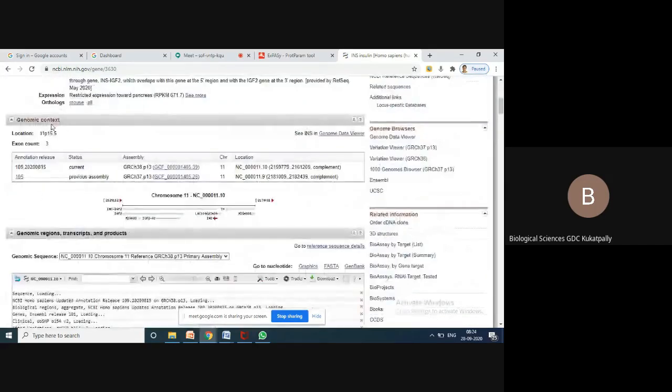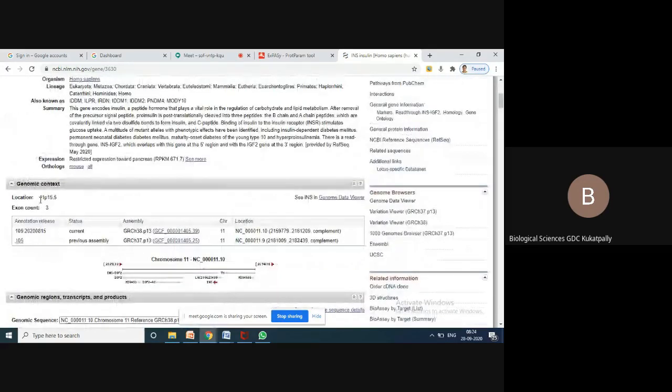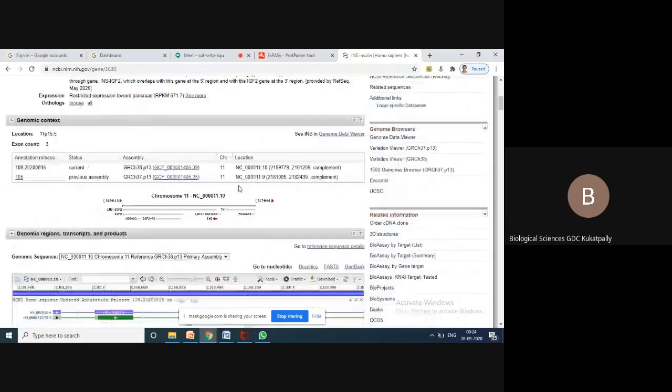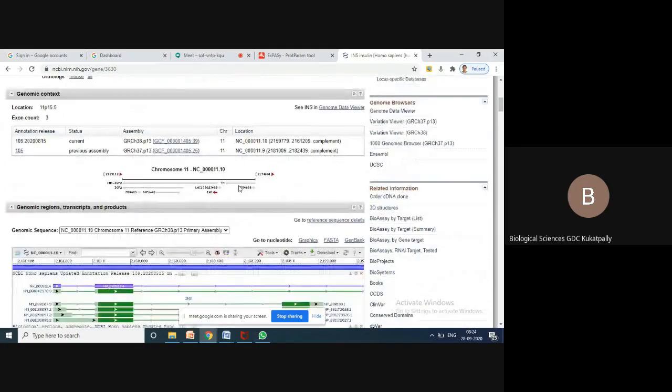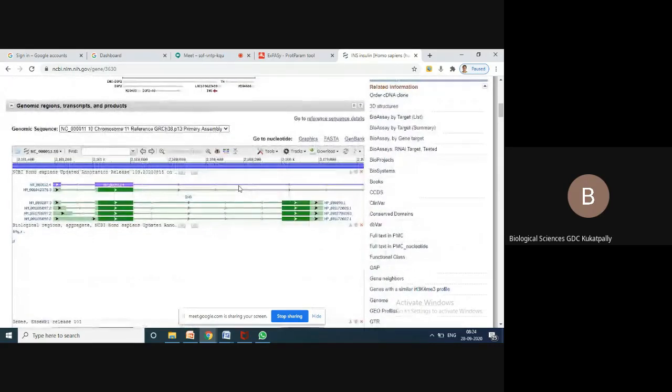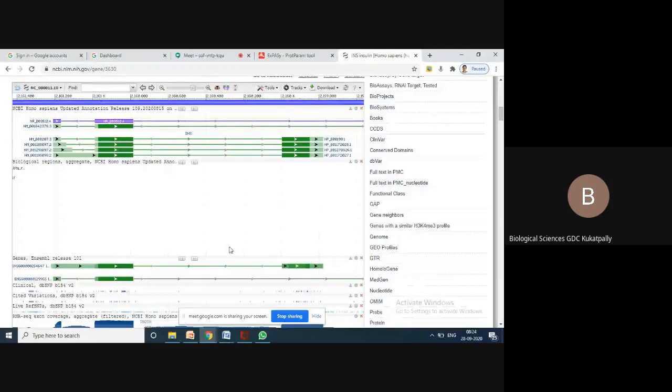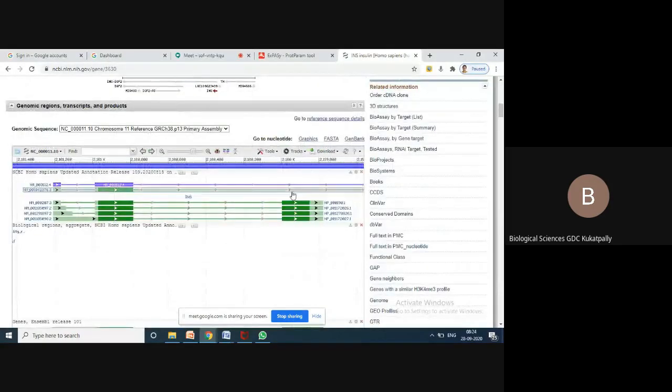So it is present on which chromosome? On chromosome 11p15.5 location. How many exons are there? 3. Now you know everything. It has 3 exons, right? Then if you go down here, this is the genomic view. This is the genomic view. Now let me just show you.